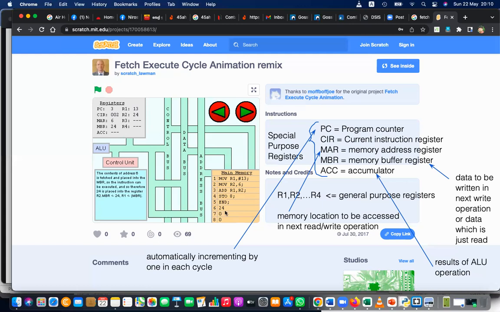Since 24 is data, it will not be copied to the CIR. The CIR only has instruction 2. Instruction 2 is in the CIR, and what is in 6 is data. So the data which is in number 6 will not be loaded. Okay, the next stage. The PC is updated to 3, then go and read the third instruction,